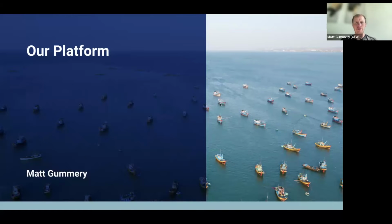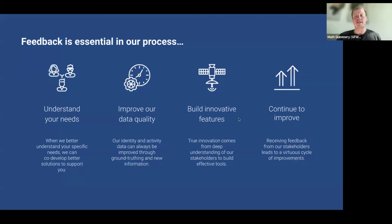And what I'd like to reinforce at the beginning of this session is that all of our platform tools and data are available for free for non-commercial use, we give everything away for free. It's really important that we have feedback that helps us understand where and how we can help and improve both our platform and our data to support your needs. So that's essentially our process to improve our data quality, to build innovative features, and to drive this cycle of continuous improvement. As we're going through our tools and our data today, it would be great if you have that in mind and you think about areas that we could improve and could work on to better suit your needs